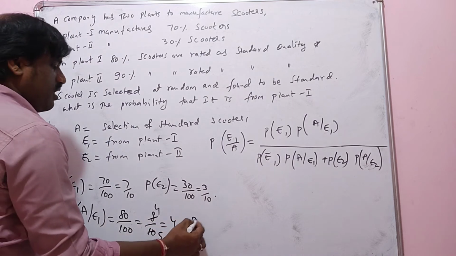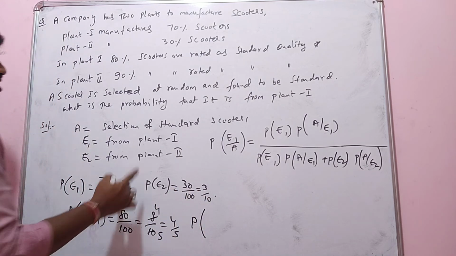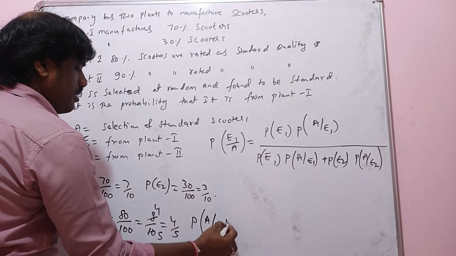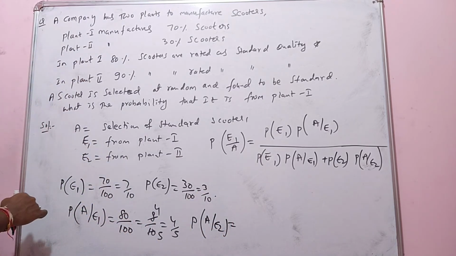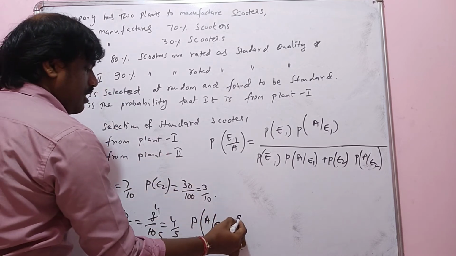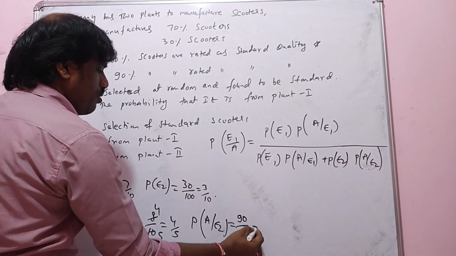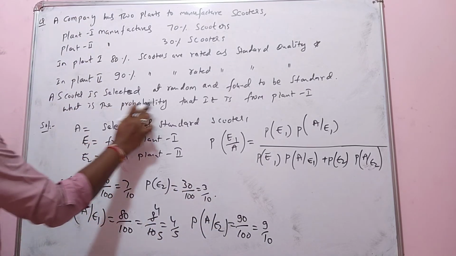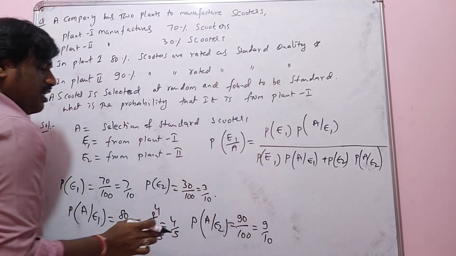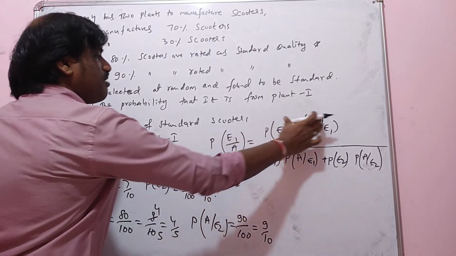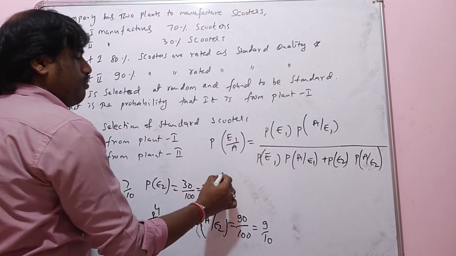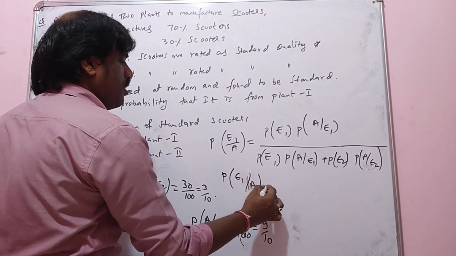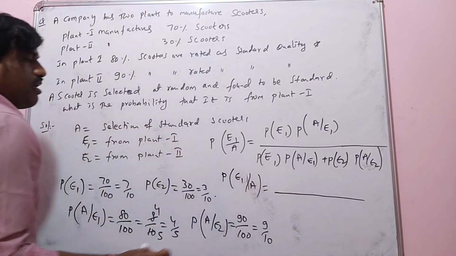And the probability of a standard scooter when E2 has already happened, that is, from plant 2, how much is given? 90 by 100, which is equal to 9 by 10. Now what is asked is, what is the probability that it is from plant 1? Since it is asked from plant 1, plant 1 will be on the top. So probability of E1 when A has already happened is equal to